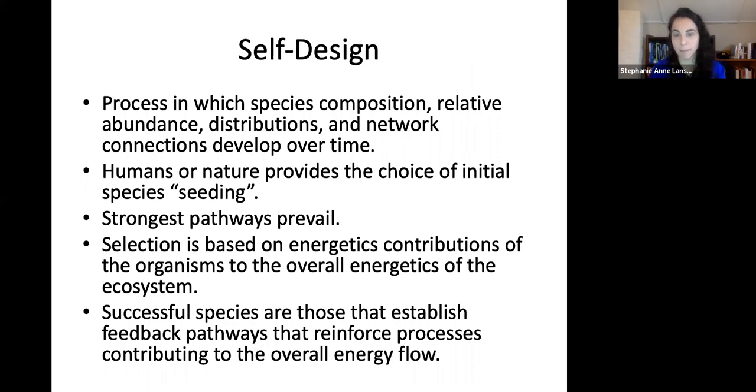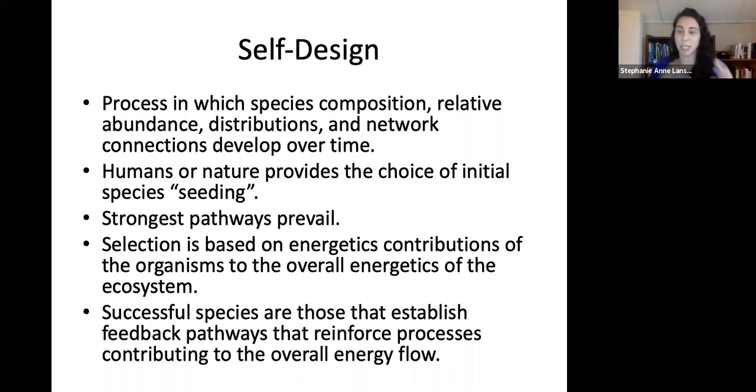So self-design is this process where the species composition, the relative abundance, the distributions, and the network connections develop over time. So the idea is if I'm going to create a new ecosystem, or I'm going to restore an ecosystem, I might seed and have the initial choice of species that I put down, but really the strongest pathway, the ones that are going to take over and the ecosystem that's going to develop over time is where those strongest pathways prevail. And it's based on the energetic contributions of the organisms to the overall energetics of the